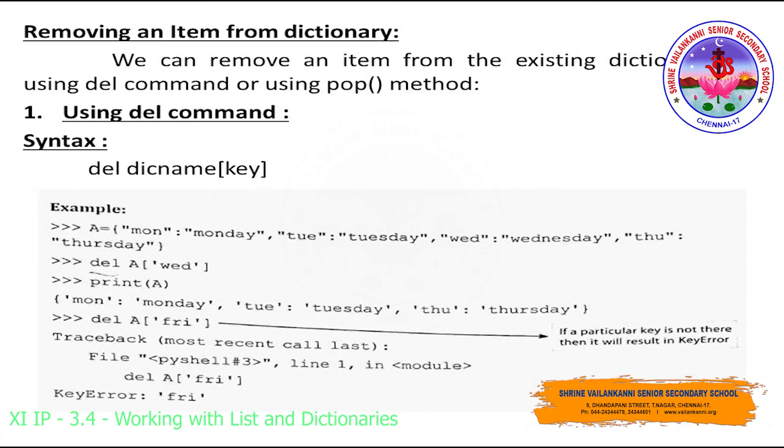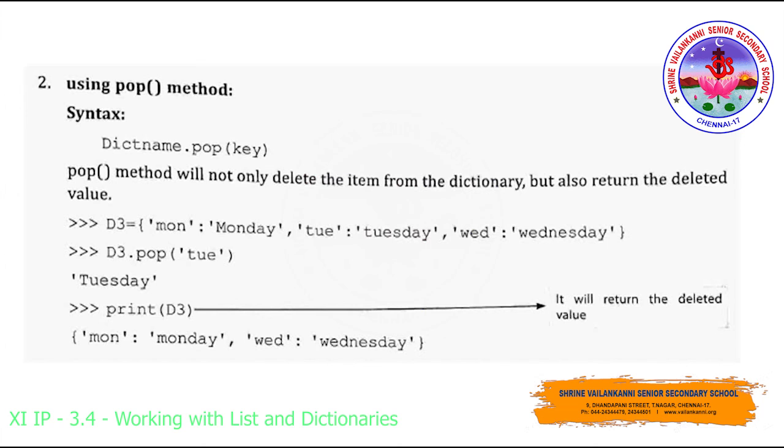This can also be done by using the pop method. This pop method we have discussed in the list data type, right? When you make use of a pop method to delete an item from the dictionary or list, the deleted item will be returned. So this is the syntax: dictionary name.pop(key). See here in this particular dictionary, they are trying to delete Tuesday. So if I give d3.pop('Tuesday'), the respective value will be returned, stating that this is the value which has been deleted. So if I give print(d3), it will not display the Tuesday key value pair, except that everything gets displayed. So it will return the deleted value. That is the nature of the pop method.